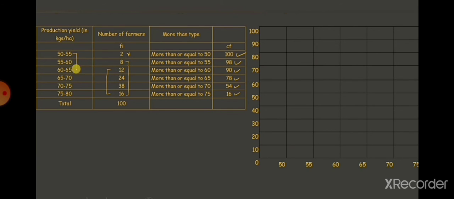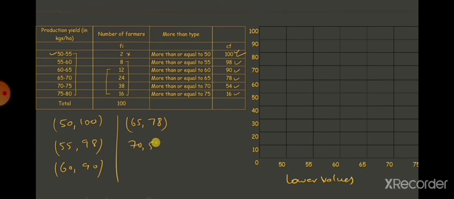So you know here 50, 55, 60, 65 are the upper limit and lower limit. Since it is more than, you have to take only the lower limit. So on the x axis 50, 55, 60, 65, 70, and then on the y axis you have to take 100, 98, and 10, 20, 30, 40 we can take. Now draw the ordered pairs. So what is the ordered pair? First one is 50 comma 100, taking the lower limit for the more than OGIVE. Then like that we have to make all the points.